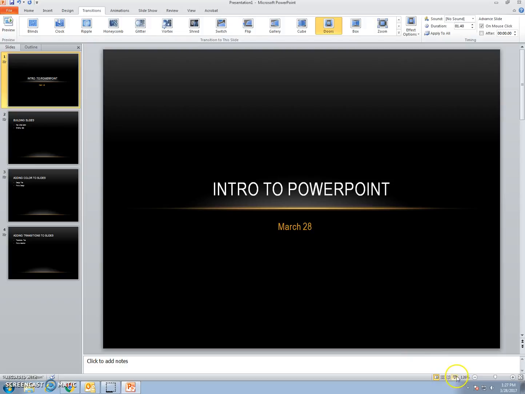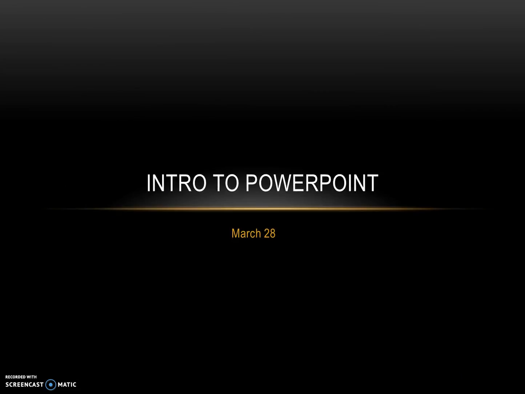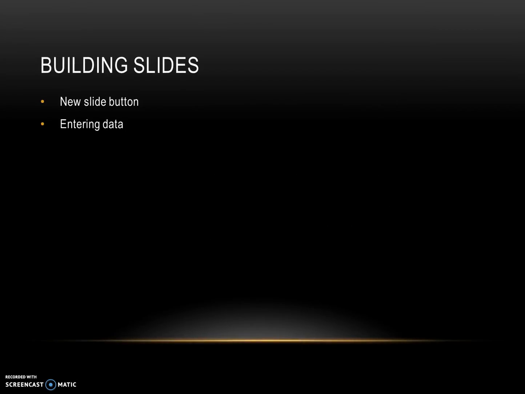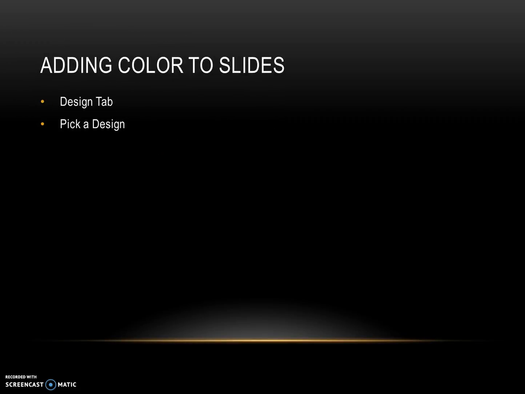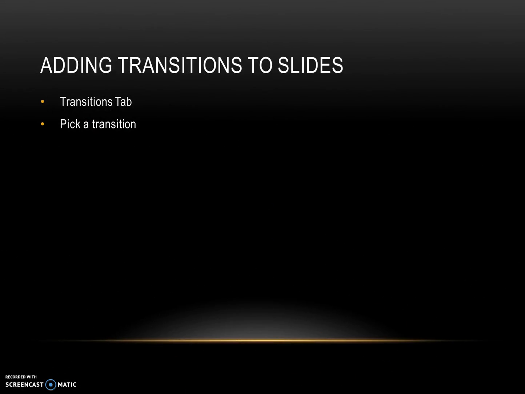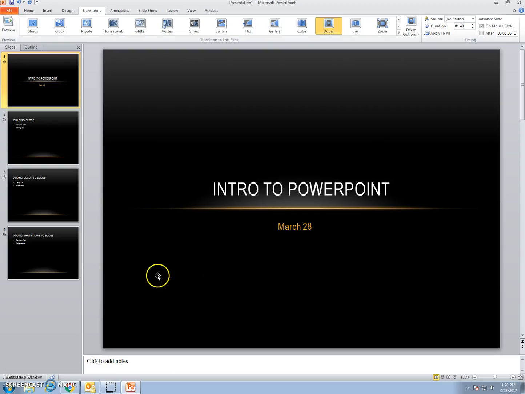And then the final touch is to use this button down here. This is the slideshow button. I'll click on that. And these are what my slides then look like up close. And I just click my mouse to go to the next slide. And I'll see my transitions. Adding color. Adding transitions. This shows me I'm to the last of my slides, and I click again and I'm back to my construction area. That is a very quick overview of starting up a new presentation in PowerPoint, building slides, adding